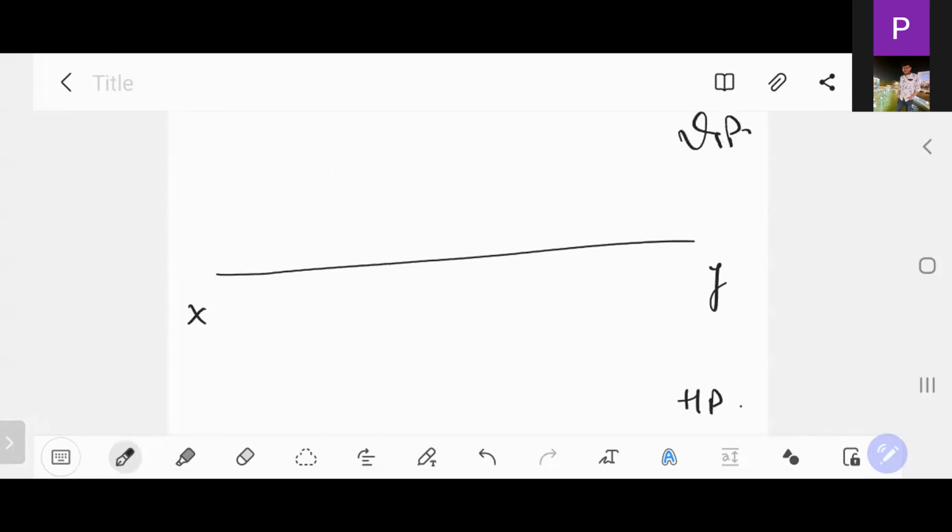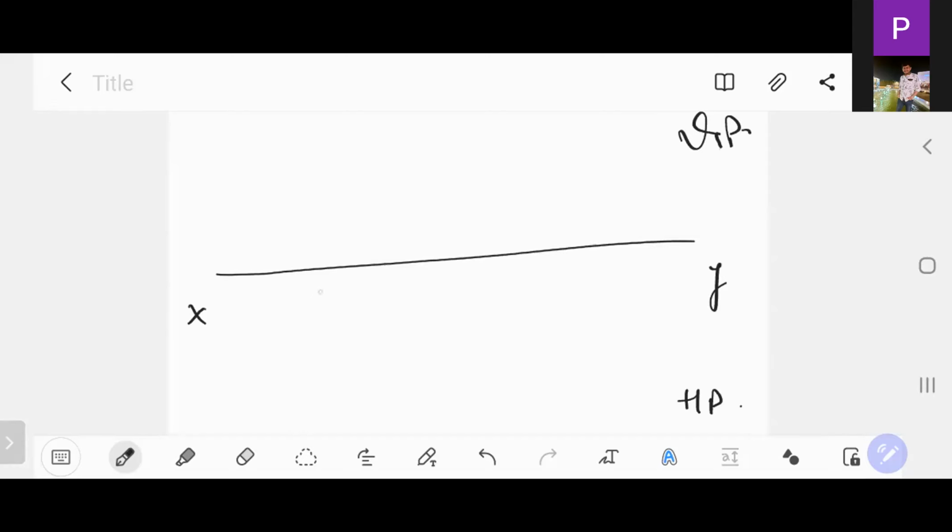Okay, so if we draw the XY line, here it is the XY line. It is resting in HP means it is the HP, let us say, and this is the VP, vertical plane. So the top view of this square prism will be in the HP. And how to make all the edges of base, or we can say baseline, equally inclined to VP?